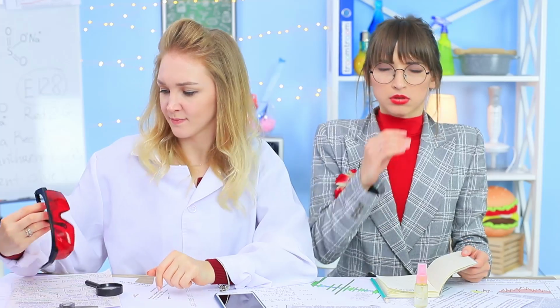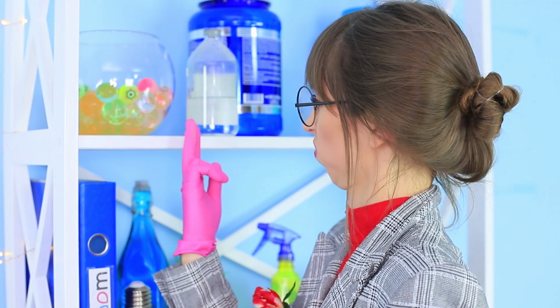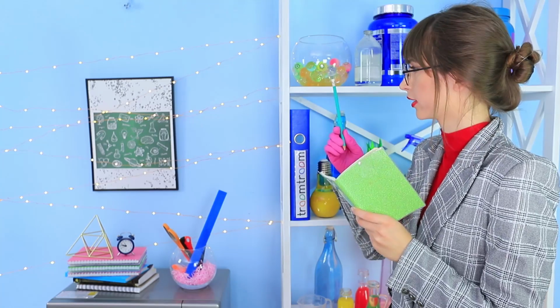Oops! Miss Ratatouille is very sensitive. She is allergic to scientific dust. And here it is! There is a thick layer of it on the shelves. She will have to clean here. While the inspector is looking over the lab,